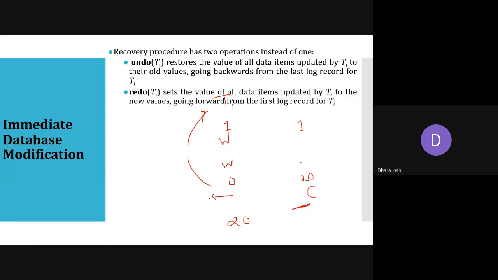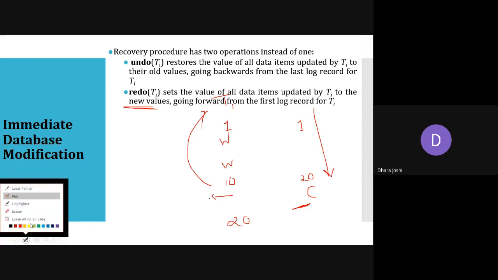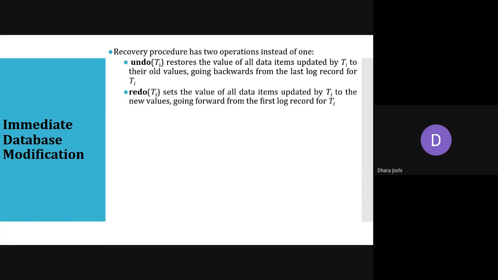The database changes we have made, we are discarding those and we are again performing the same operation. It is called redo, so that the new values are updated because we are redoing. The old value is already available in the database and we are again performing the same operation.